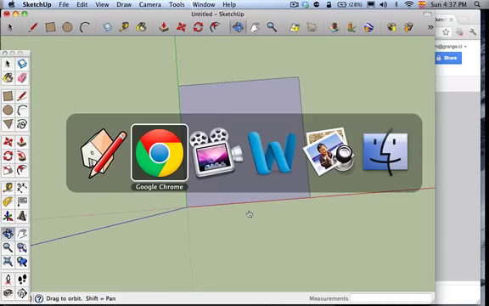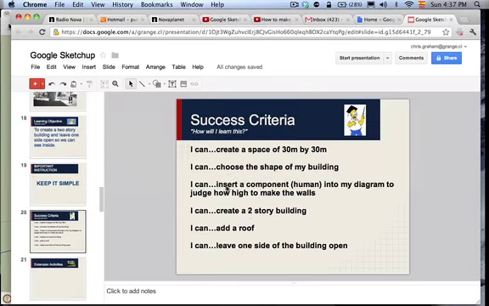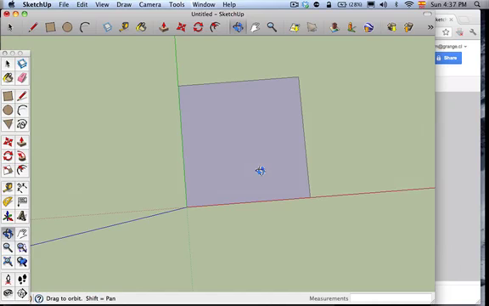Okay, next objective. I can choose the shape of my building. Keep it simple. If you really get confused with Google SketchUp, just leave it as a square. But if you want to experiment a bit, you can. For example, you could